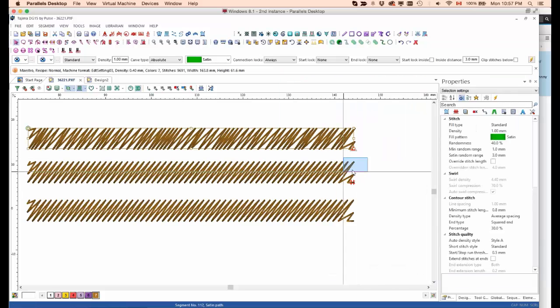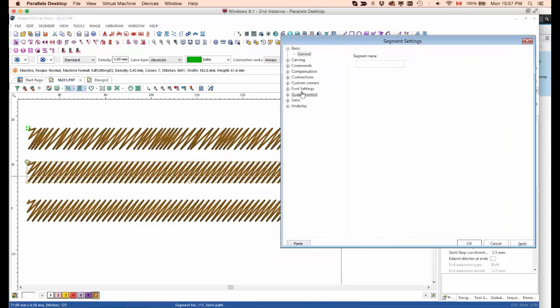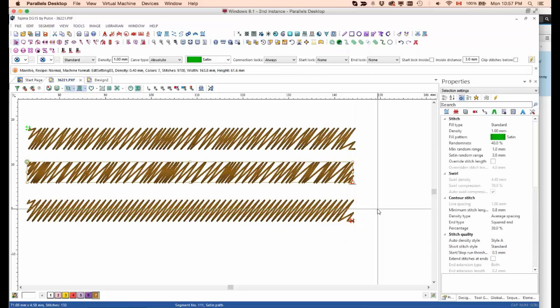Now let's select this segment and change the randomness to, let me see how far I can go here, 80%. All right, so you see 80% works wilder here, so the results are much more random. The higher you go, the more randomness you will achieve, and the lower you go,